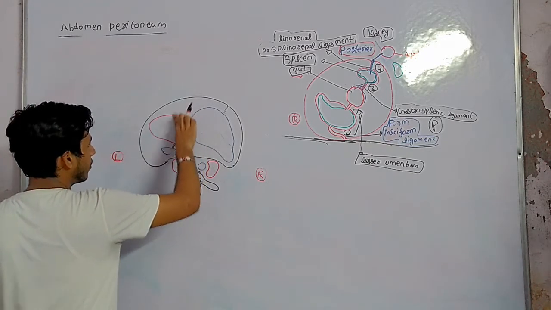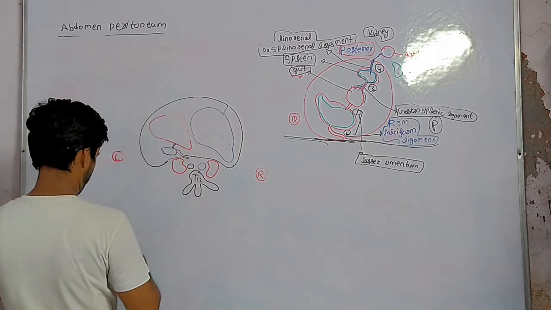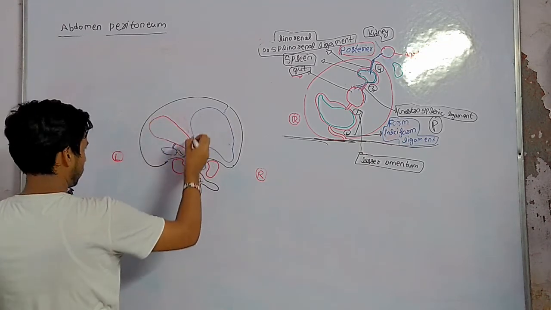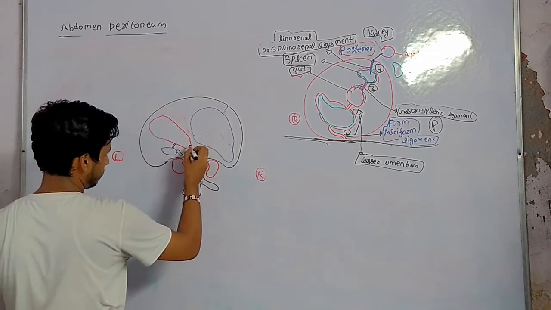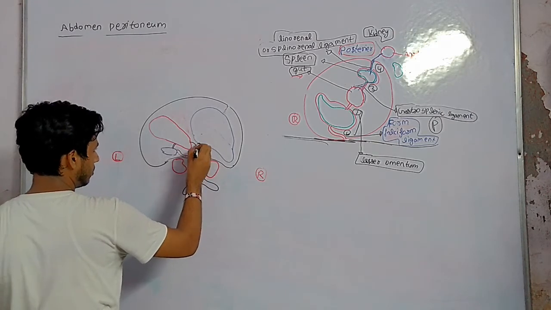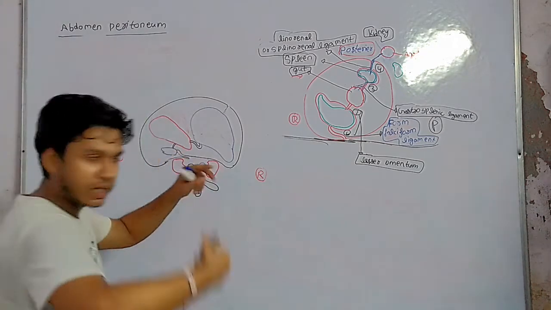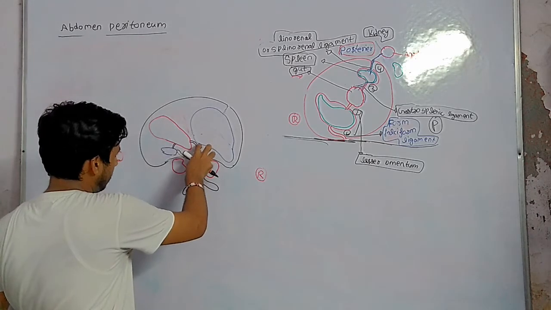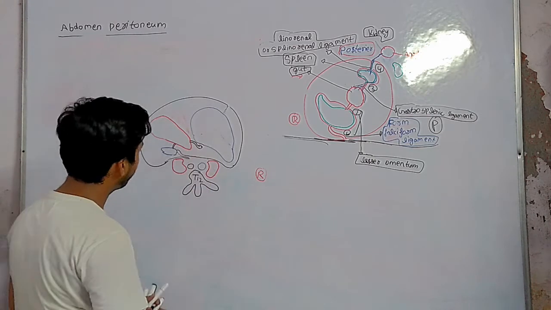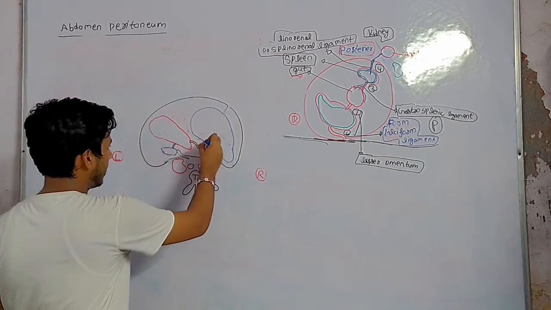The lesser omentum forms like this. It is extended. The lesser omentum has one free side and one side like this. This is the lesser omentum. One side is free. An important point in the lesser omentum.